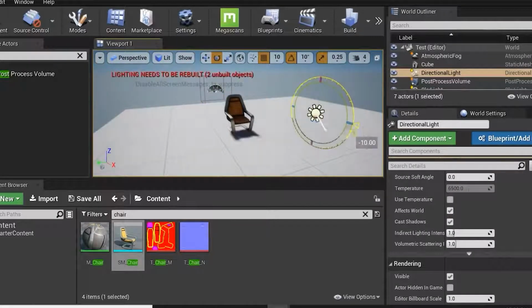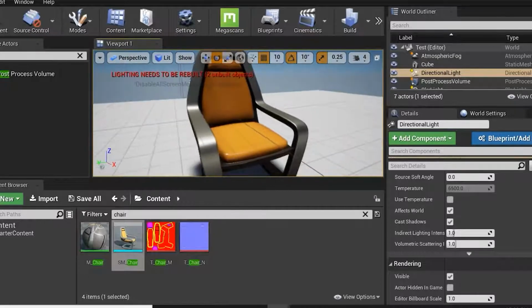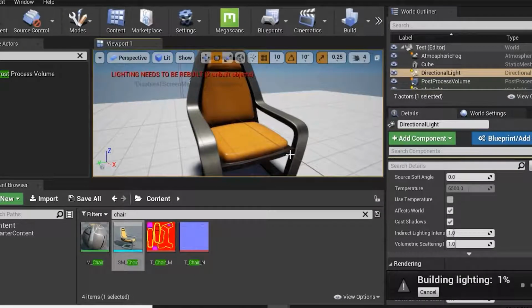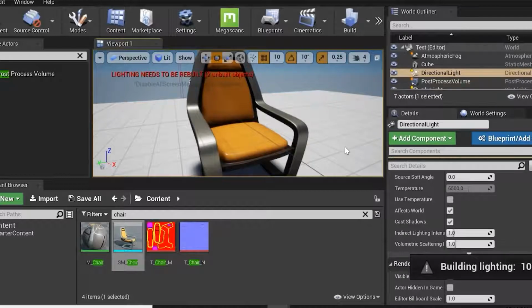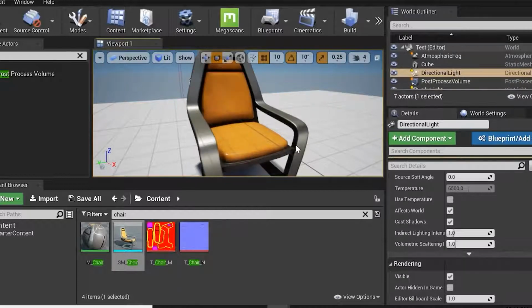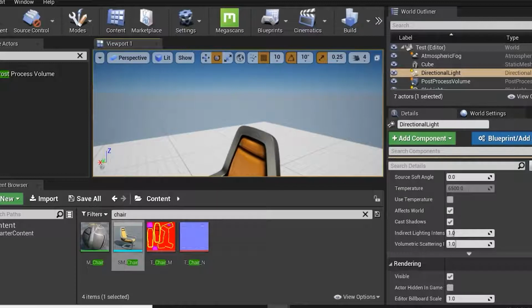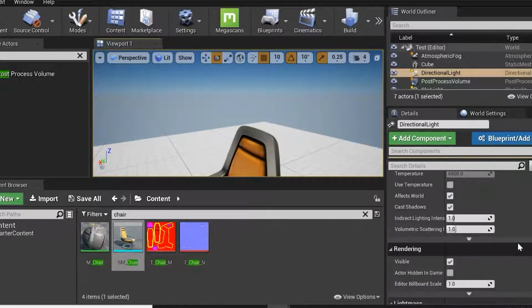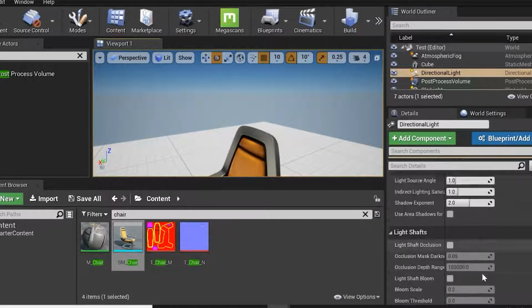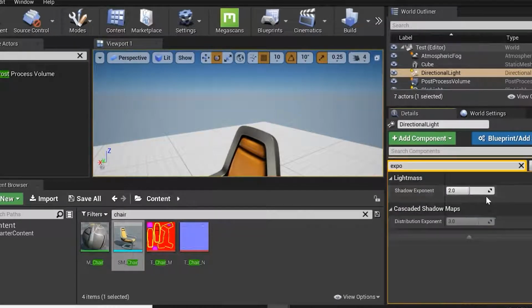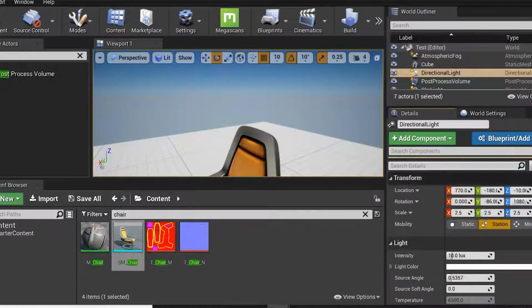Now what I'll do, I'll just rotate my directional light over here. Again I'll do build, bake lights only. So this is the level editor which I have created. I can import any object, any characters, in my scene. If you see over here, if I zoom in, zoom out, my exposure will be the same with the help of this post process volume exposure 1 and 1. Here we can just type to search, exposure, correct?